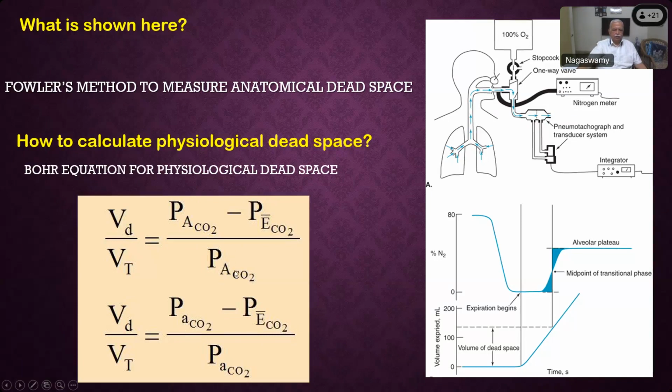Okay. It is difficult again if you want to measure exactly the alveolar carbon dioxide, you have to go invasively and try to assess that. So as a surrogate marker for alveolar, you are taking arterial carbon dioxide level, which is easy to measure with an ABG apparatus, and exhaled carbon dioxide. All of you should remember this formula, which is called Bohr's equation: alveolar or arterial carbon dioxide minus the end-tidal carbon dioxide divided by arterial carbon dioxide is the method of finding out the